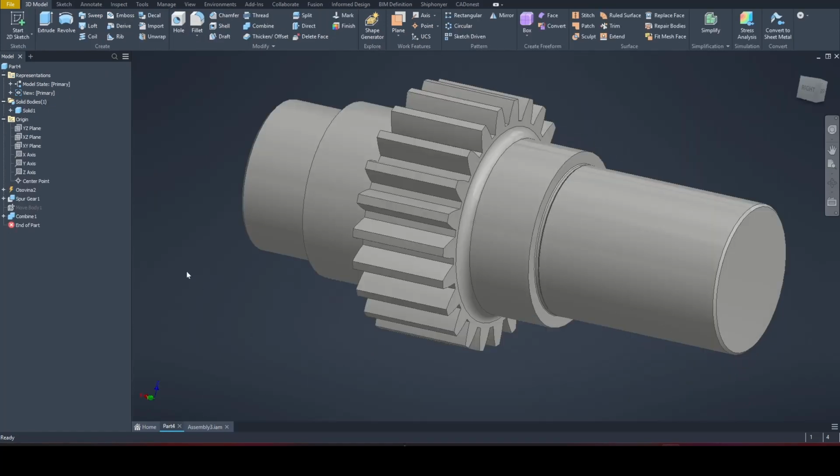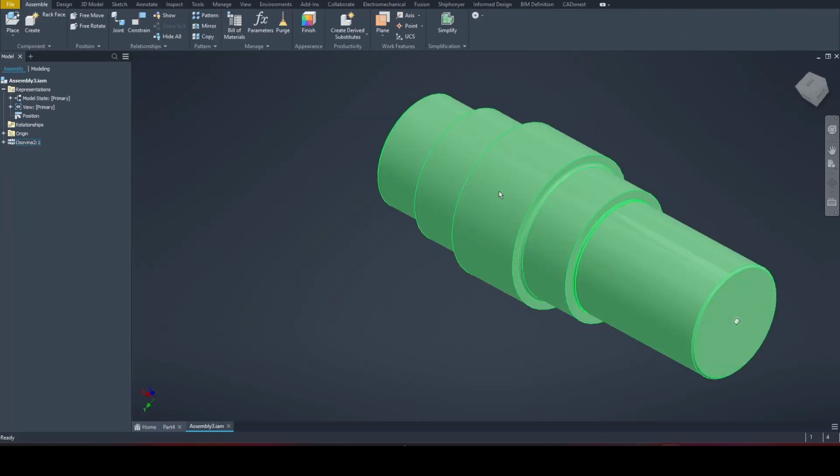Now, when we return to the part, we see that an update is required. Here is also the icon showing that update is required. After updating, the geometry is corrected. You can also connect parameters between the gear and the shaft using iLogic, an add-in, or another automation method. For example, if you change the face width of the gear, the middle shaft segment, this one, should automatically update